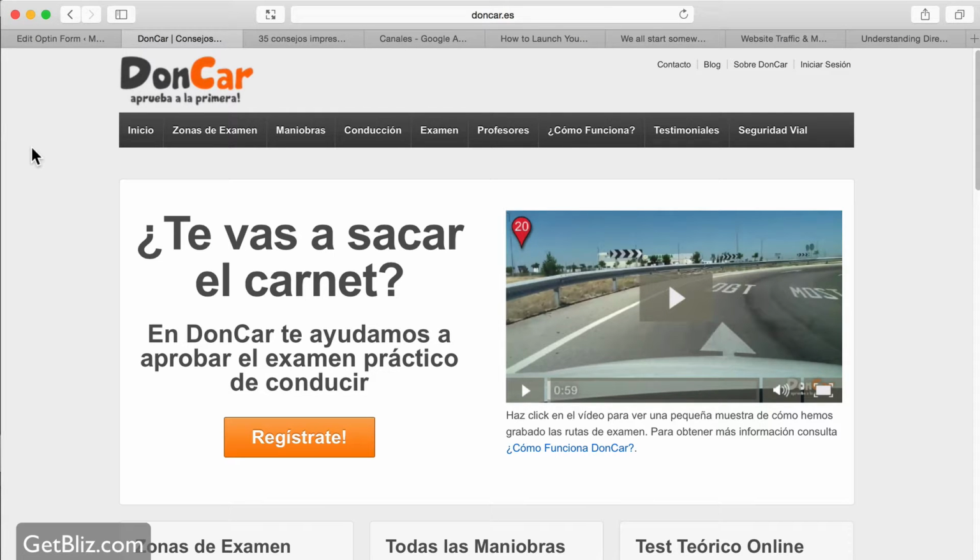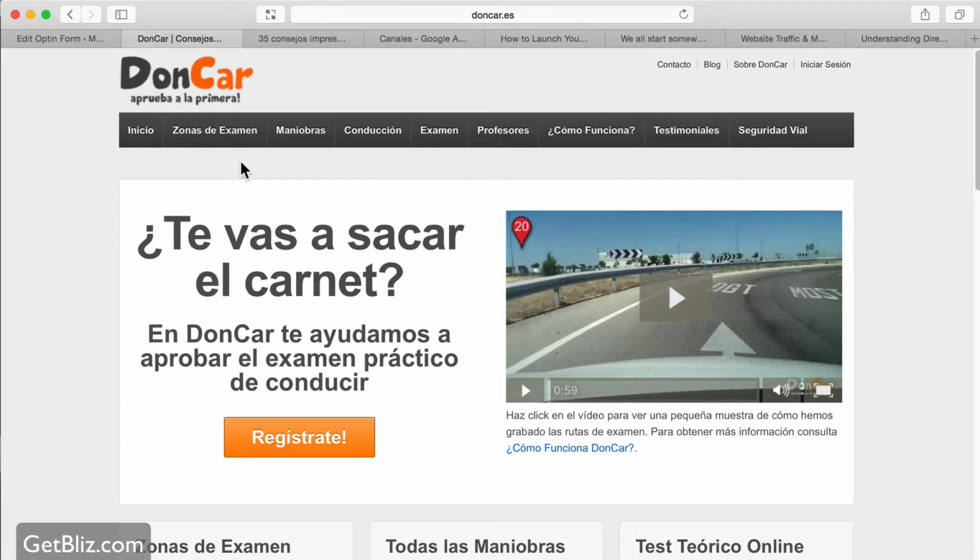It generates about 2,000 euros a month, and most of the traffic comes from organic traffic. This is people searching for keywords. How were we able to generate that organic traffic? Through our blog, through inbound marketing, which is driving traffic for free by generating great content that gets indexed by